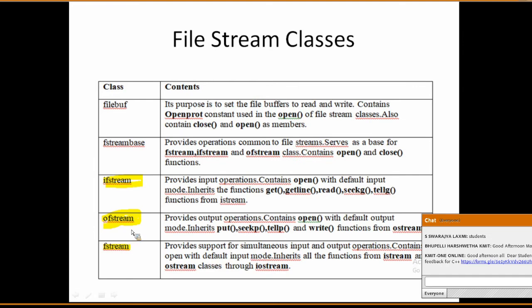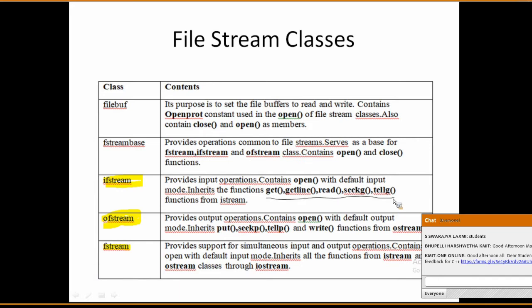First, ifstream provides input operations, that means it is used for doing input operations. When we are opening a file and want to perform operations on an input file, we have functions called get, getline, read, seekg, and tellg.